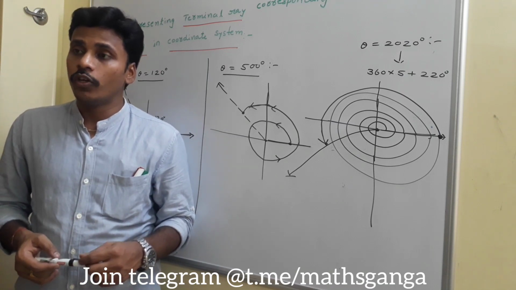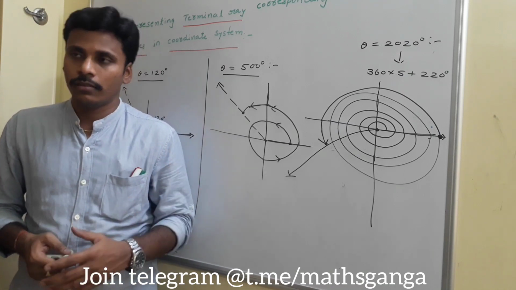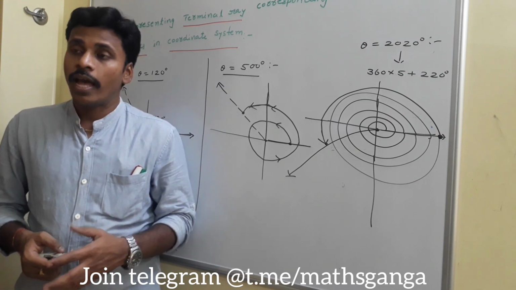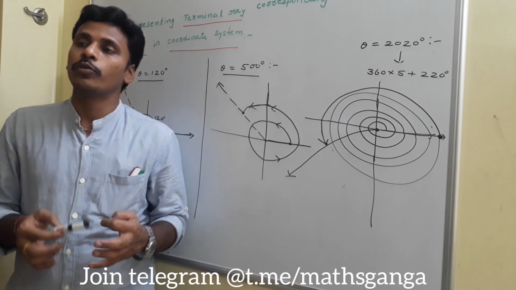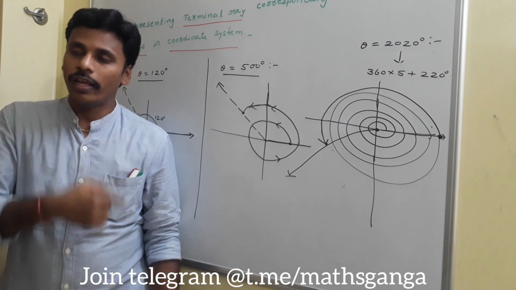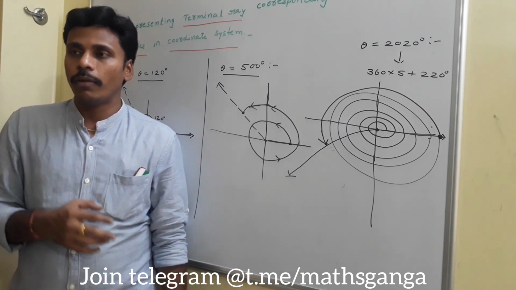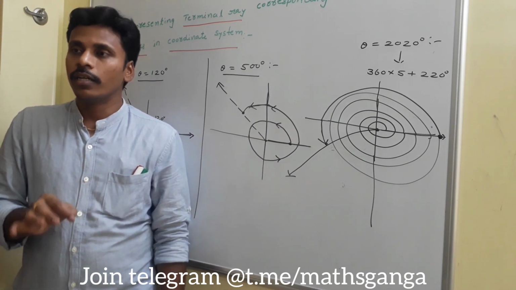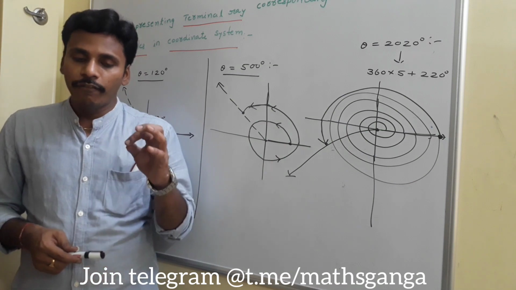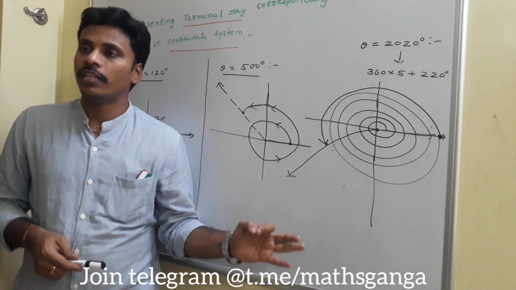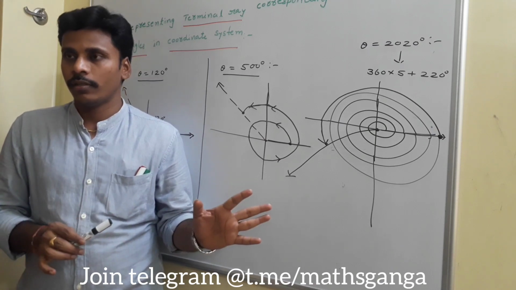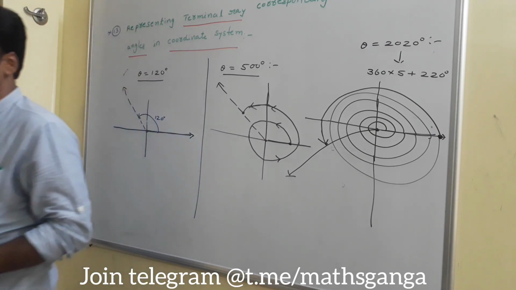For example, if I gave you an angle of 1 lakh degrees, is there any possibility to represent it or not? Sure, there is a possibility to represent it, but you need to take more and more rotations, and it may take some more time to represent. But we have a chance to represent that. You need to identify that every angle has one representation in the coordinate system. Sometimes it may take more rotations. That's it. Okay, have a look and take a screenshot.